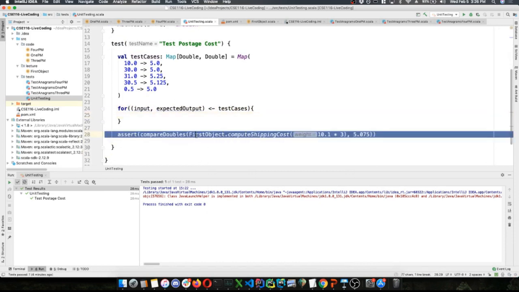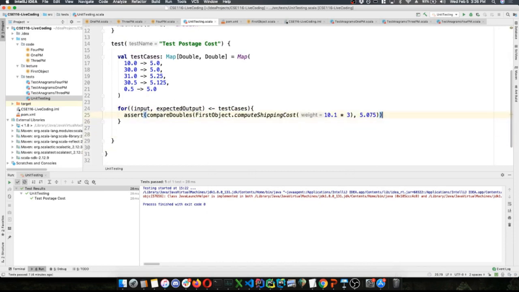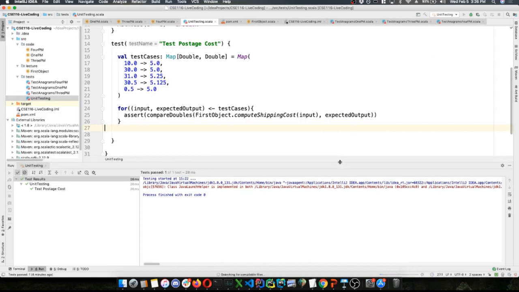And for each test case, I'm going to call my method on the input, on the key, and I'm going to expect that to be the output, this expected output, the value in my map. So I'm going to iterate over all of the key value pairs. The keys are my inputs, and the values are my expected outputs. I'm iterating over the entire map and testing all of those test cases in this loop,